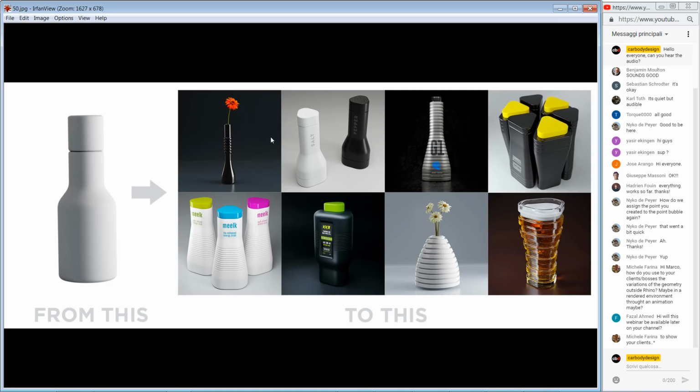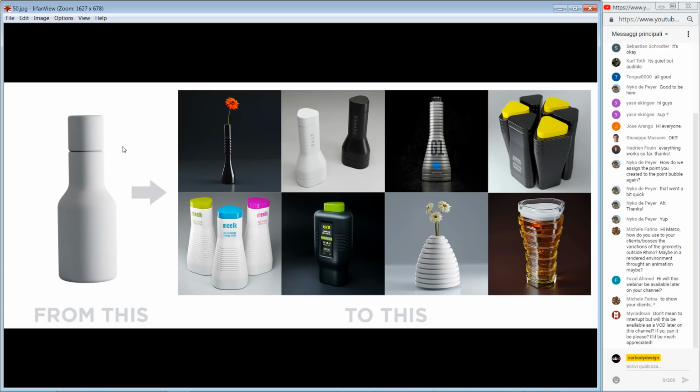Basically, I wanted to challenge myself to start from the most boring thing that I could think of, a bottle with just a simple optional set of cut lines. And by changing just a bunch of parameters,